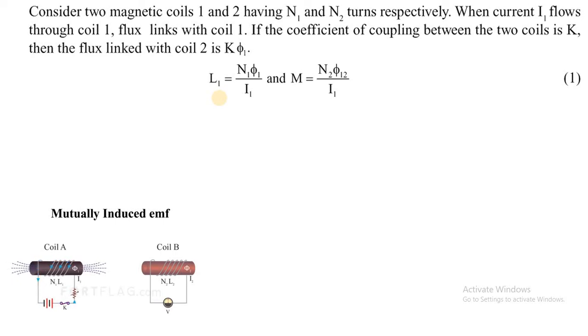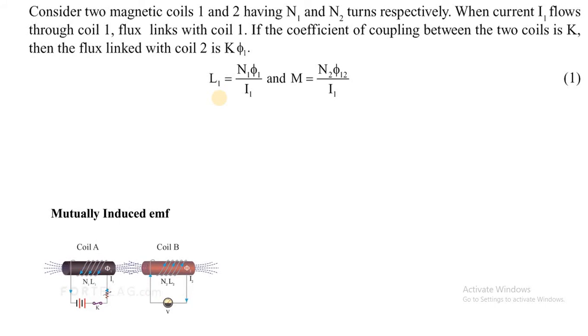So that L1 is equal to what? What is the formula for self-inductance? Capital L equals N phi upon I. Now we want to find the self-inductance of coil 1, so it is denoted by capital L1. We want to find that L1 for coil 1. So N will be replaced by N1, phi will be replaced by phi 1, and I will be replaced by I1. So self-inductance of coil 1, L1, is equal to N1 into phi 1 upon I1. Is it so? Clearly understood?